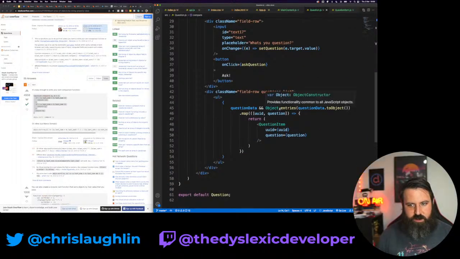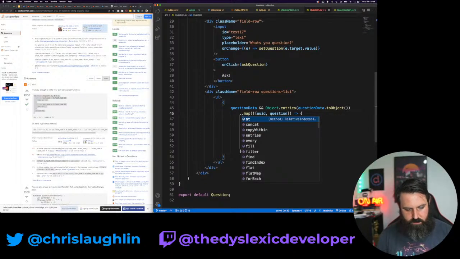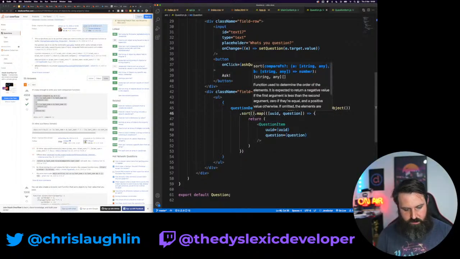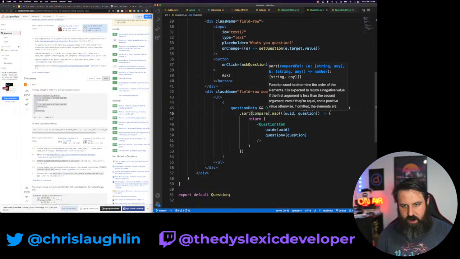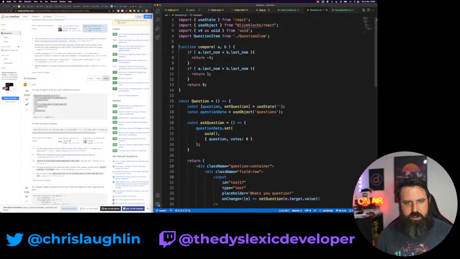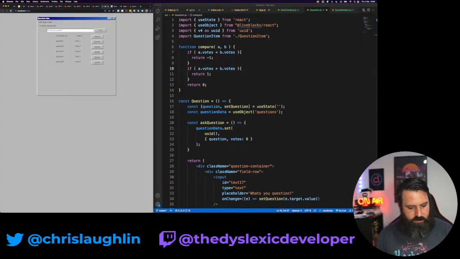So our entries dot sort compare, and then for us it's not going to be last num, it's going to be votes and votes and votes. Let's save this and see what happens. So that, no, that's not worked because that's on 3.